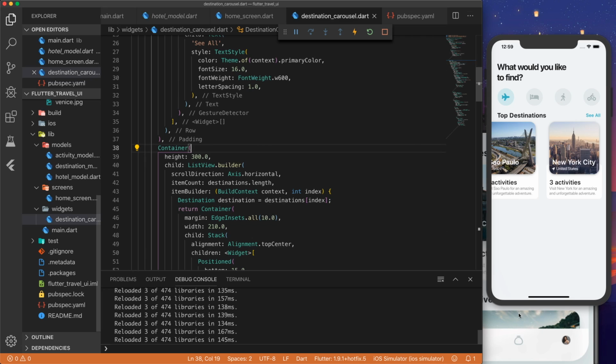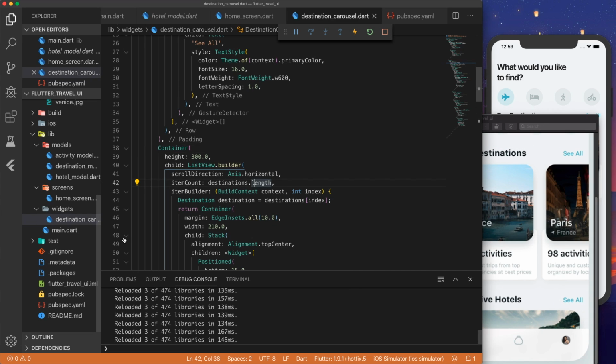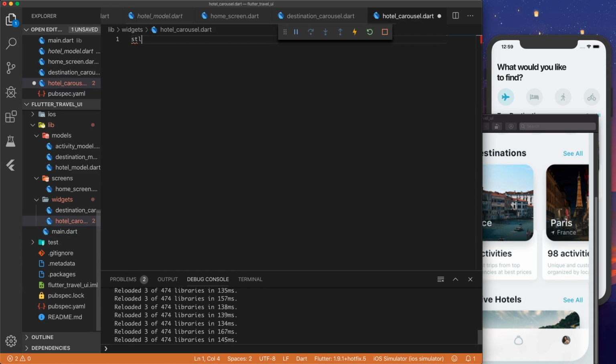Taking another look at our UI, we can work on our exclusive hotel carousel. And since we don't know exactly what that looks like, we can just make it the same as top destinations and make some minor tweaks. So let's make a new widget called hotel_carousel.dart. And that's going to be a stateless widget, just like our destination carousel. HotelCarousel,